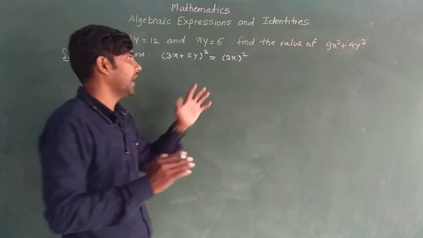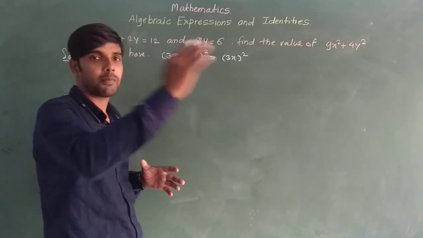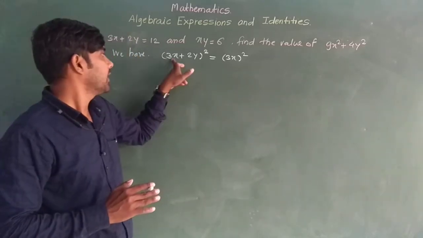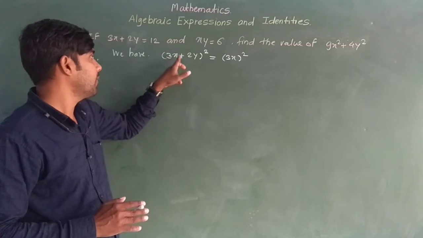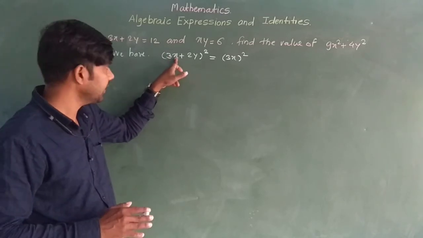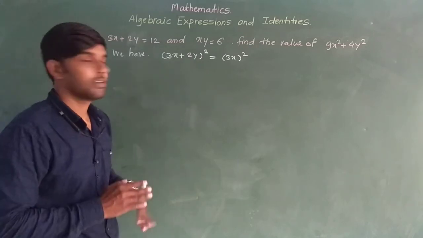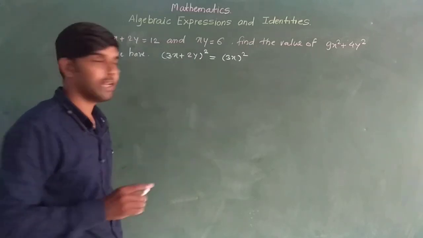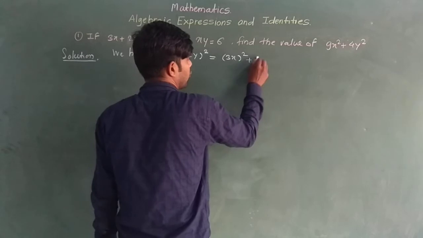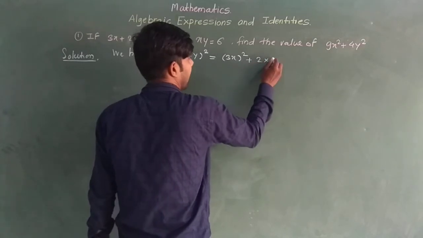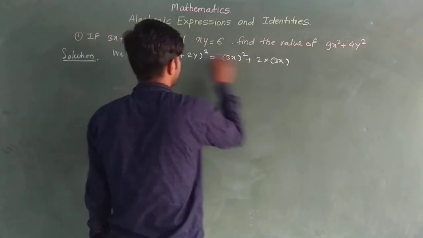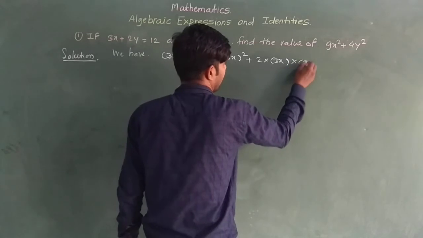That's why we directly wrote x square plus y square plus 2xy. But in this case, the numerical coefficient of x is 3, and the numerical coefficient of y is 2. So for that you have to put a bracket here, plus 2 multiplied by 3x multiplied by 2y,